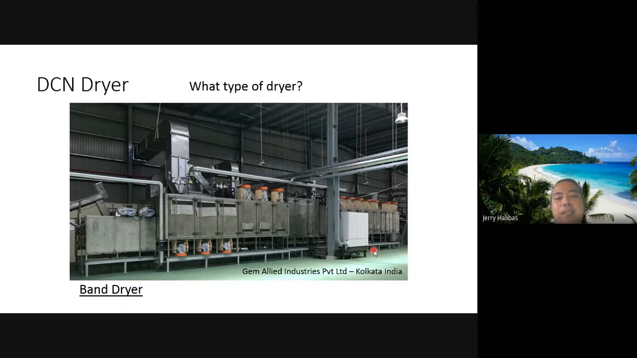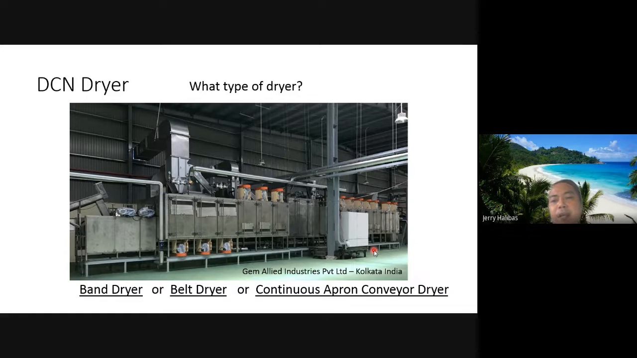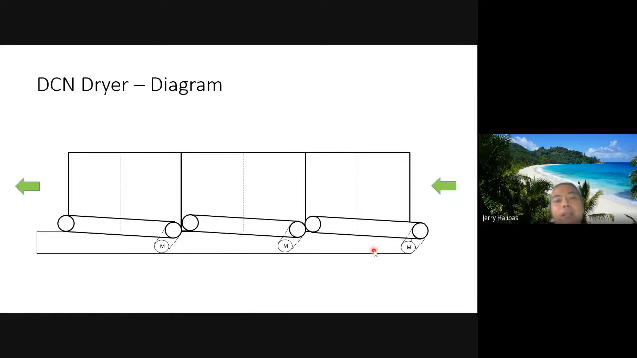So this is a band dryer. The belt is like a rubber band, or belt dryer, or continuous apron conveyor dryer. It has several names. Then sometimes it is called a tunnel dryer, because it is like a tunnel that the product goes into. Okay, so